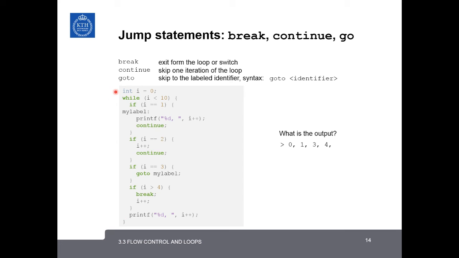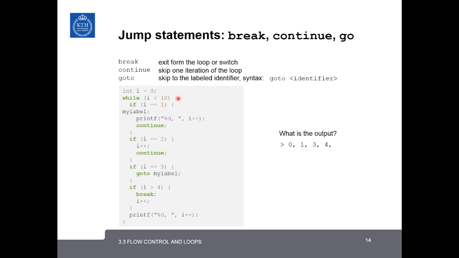So when we begin with I equal to 0, we enter the while loop and we see that it's not equal to 1, 2, or 3, and it's not greater than 4. So we print out a 0, and then we add 1, we increment the counter variable so that it's now 1. We head back to the top of the while loop, and now we've reached the first if statement, and that is true. So now we print out the value of the counter variable, which is currently 1. We print out 1, and then we increment it, and then we continue. This means we go back to the next iteration of the loop,